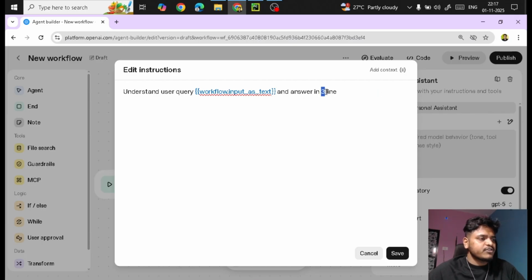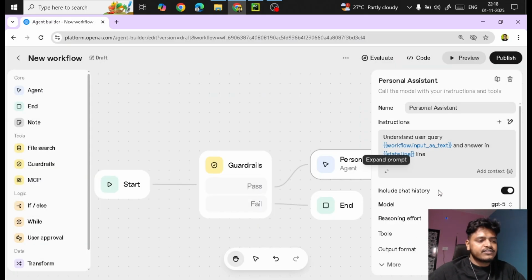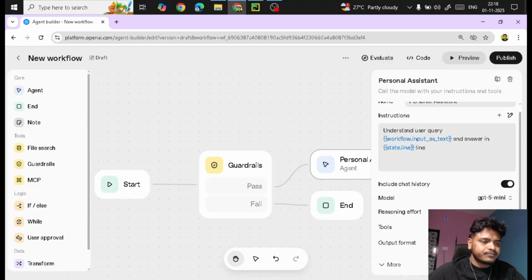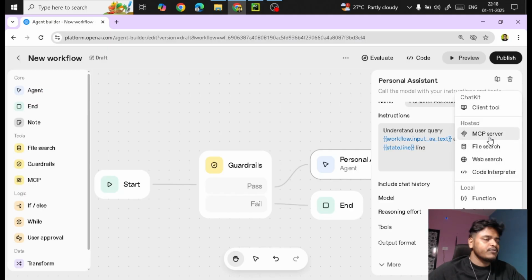Remove these 3. Suppose I will make tomorrow 5, 10, it will update automatically. So let me save this. Nothing, this is simple, and I'll use the model GPT-5 mini. You can play around with different kinds of tools, how you can integrate your MCP server with Google Calendar, Google Mail, and also you can use your file search,